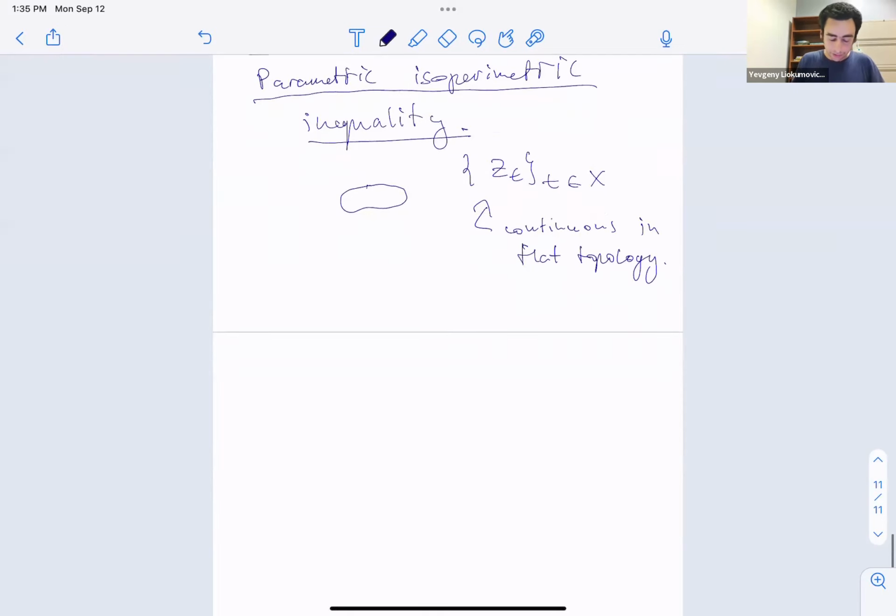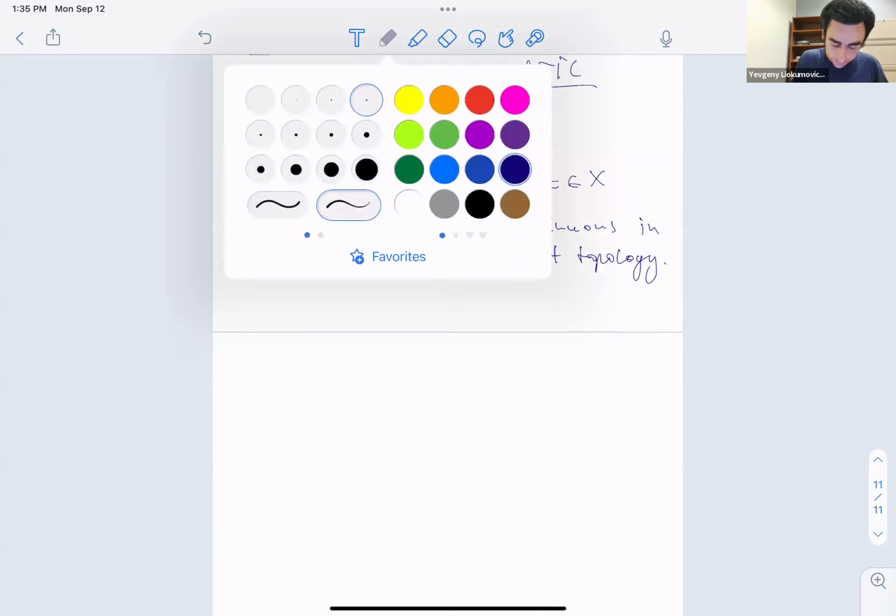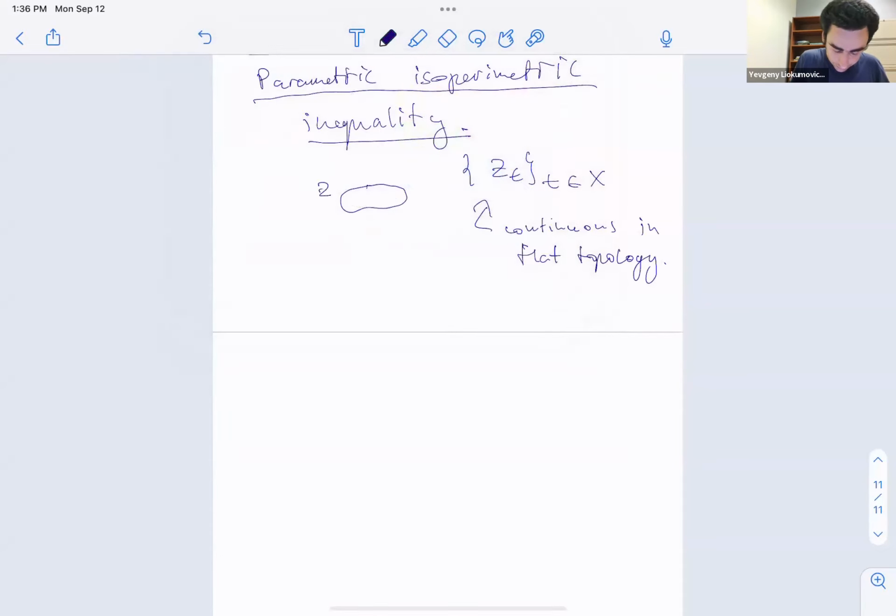So flat topology means that two, let's say Lipschitz submanifolds, are considered close to each other if together they bound a submanifold of small volume. So if you have, this is your Z1 and your Z2